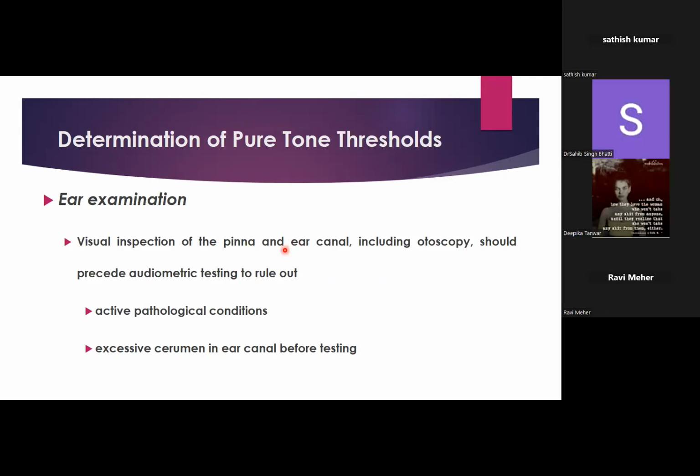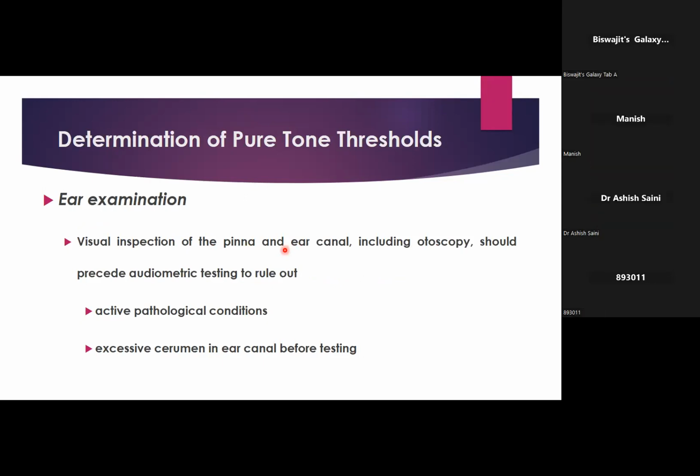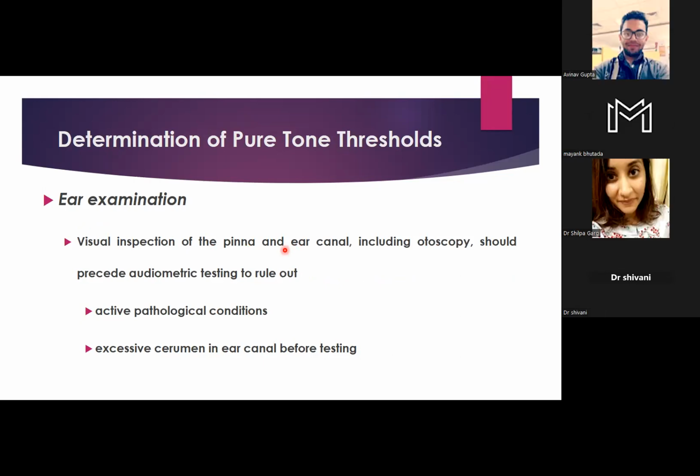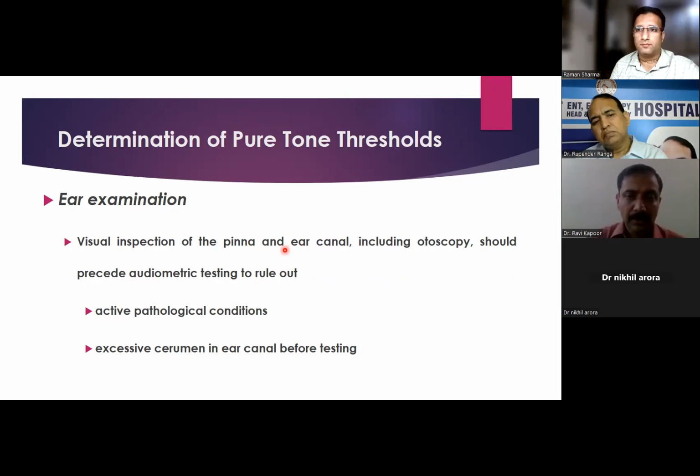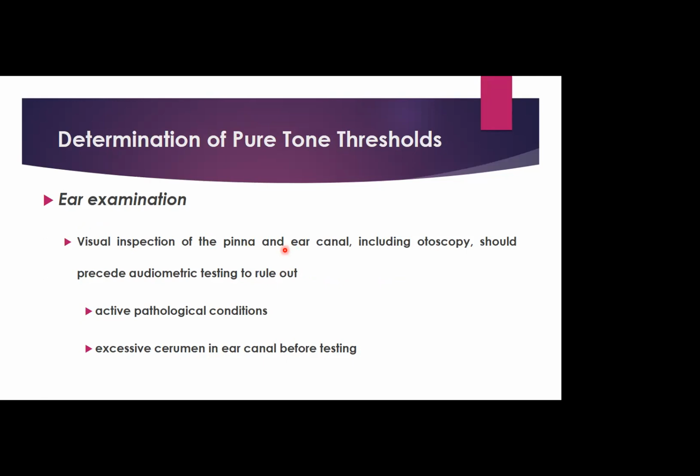So before initiating the pure tone audiometry procedure, the visual inspection of the pinna and the ear canal, including the otoscopy, should be carried out. And this is to rule out any active pathological condition such as discharging ear or the pus collection in the external ear canal, which should be cleaned. And secondly, if there is excessive cerumen in the ear canal, that has to be removed before carrying out the